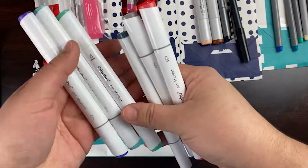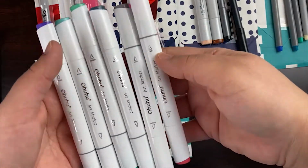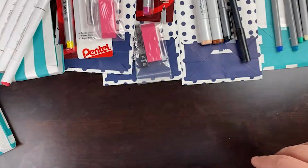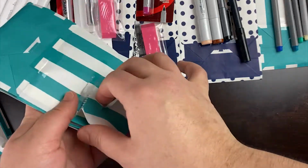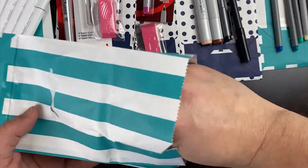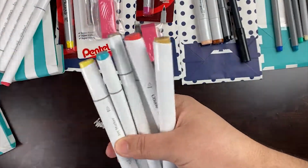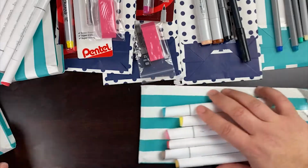The next package had a bunch of Ohuhu markers, and I was like, oh, this is cool because I've never used this variant of Ohuhu marker before. I've used the brush one, but I've never used the chisel tip one. The next pack also had a lot more Ohuhu markers. I think the first one came with 6, and then the next one after came with 6,